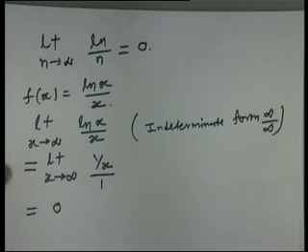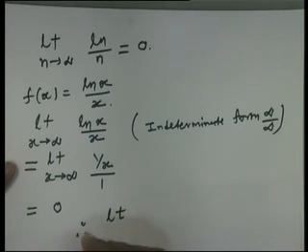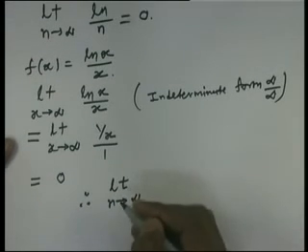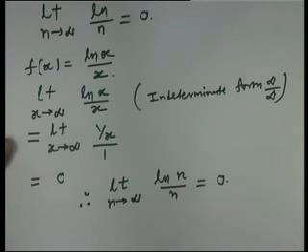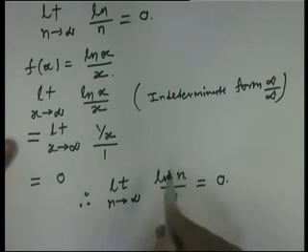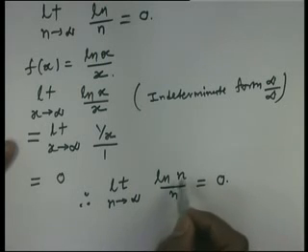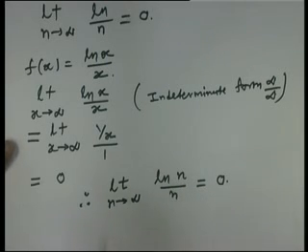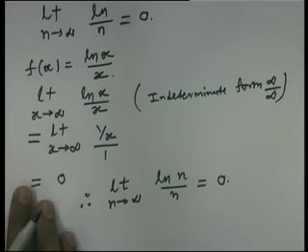As this is true for these continuous functions, it is also true for the given sequence. Therefore we can say that limit n tends to infinity log n upon n is equal to 0. Here n is running over integers, but because of this theorem we can directly use L'Hopital's rule in the case of an indeterminate form, by differentiating the numerator and denominator. So keep in mind we are doing that because of this theorem. Slide please.